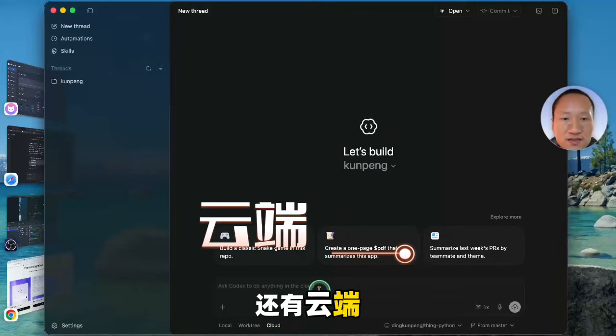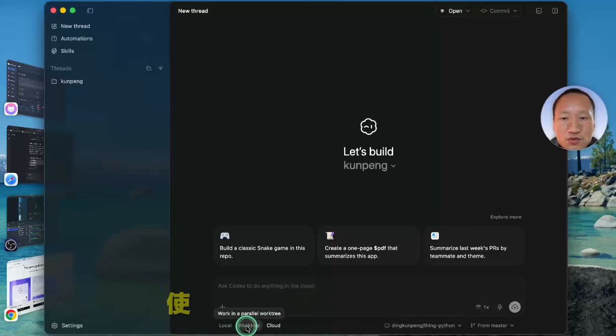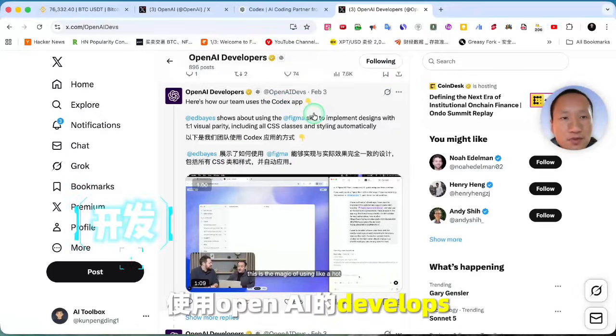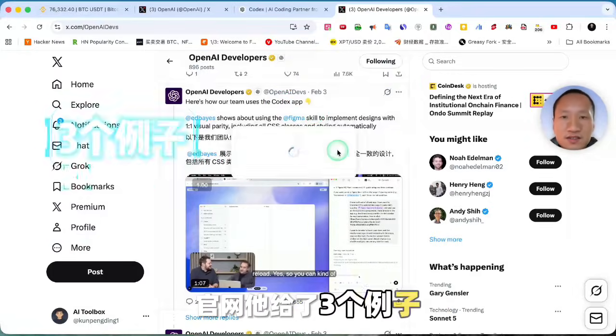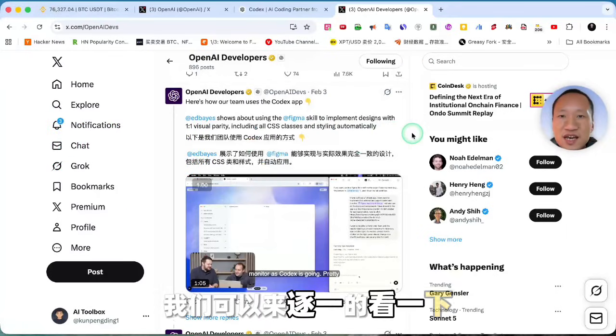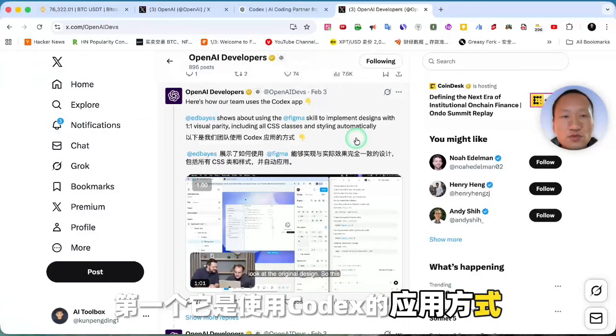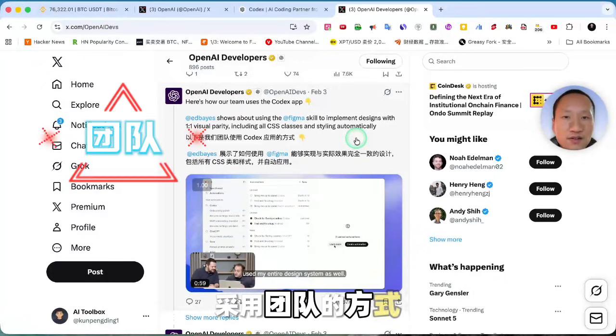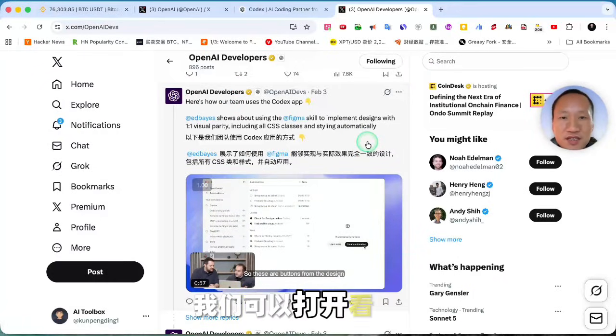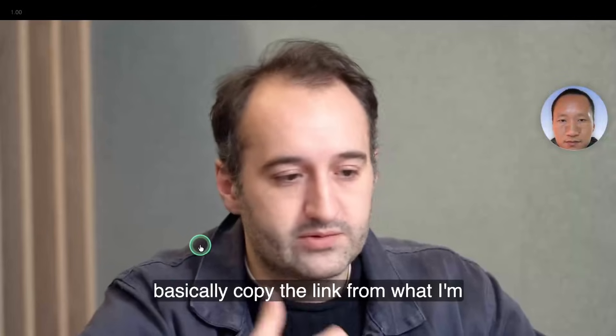还有云端，在这里也可以进行选择使用。OpenAI 的 developers 官网，它给了3个例子，我们可以来逐一的看一下。第一个，它是使用 Codex 的应用方式，采用团队的方式，我们可以打开看一下。Basically copy the link from what I'm working on in Figma, so like we